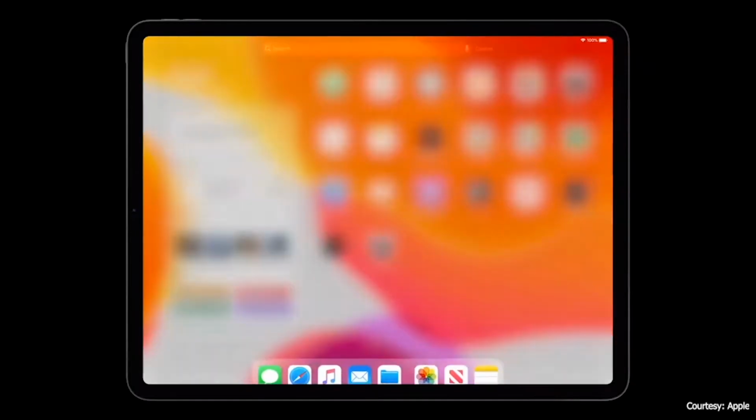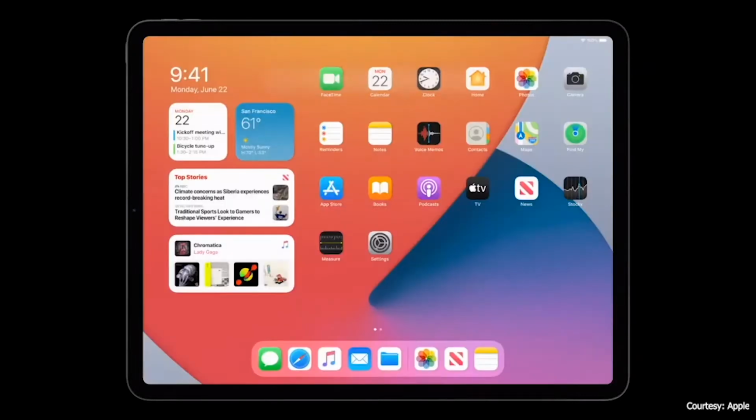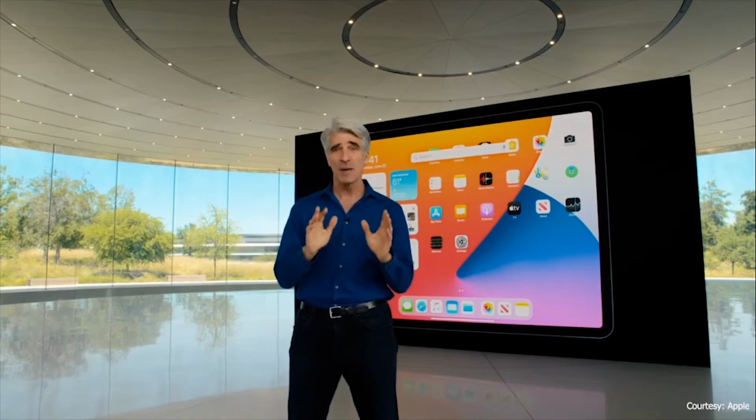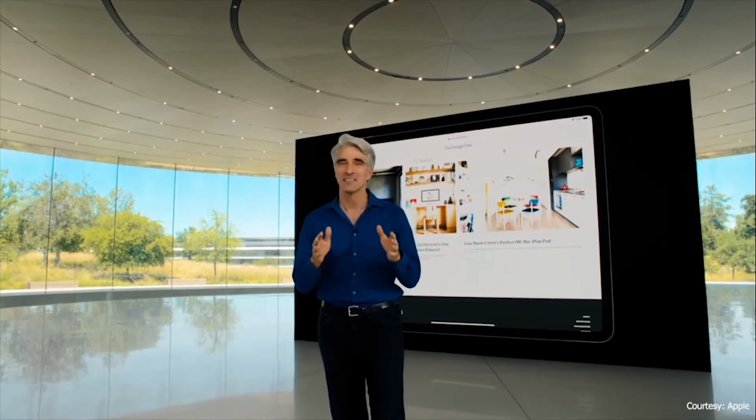Today, search is a full screen experience, and sometimes you can lose track of your context. So we've redesigned search with a new compact design. You can start a search from anywhere, like the home screen, or over any app. And this makes it easy to find what you need without feeling like you've left the app you're working in. But we didn't just redesign it. We rebuilt search from the ground up to be universal, becoming the single destination where you can start all of